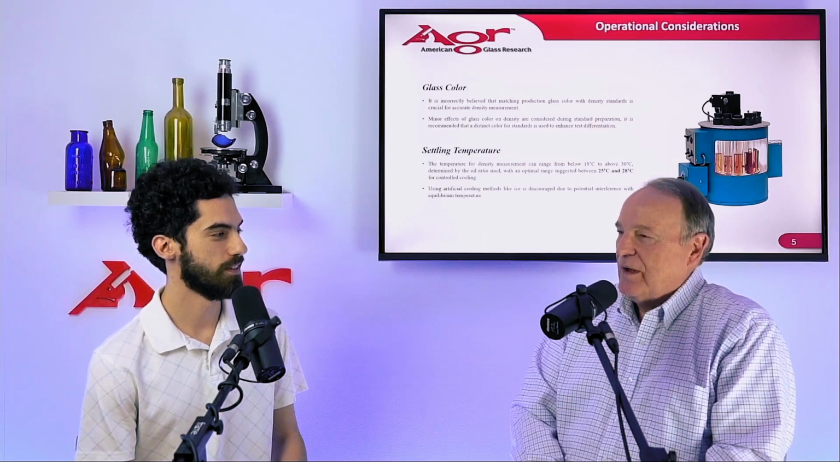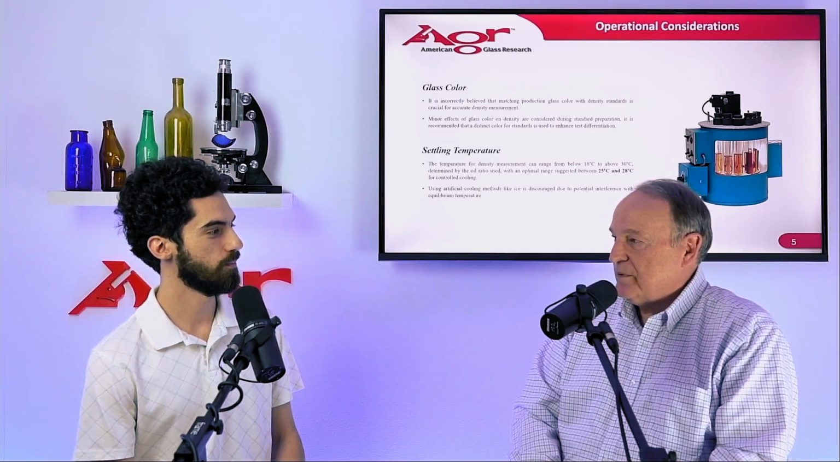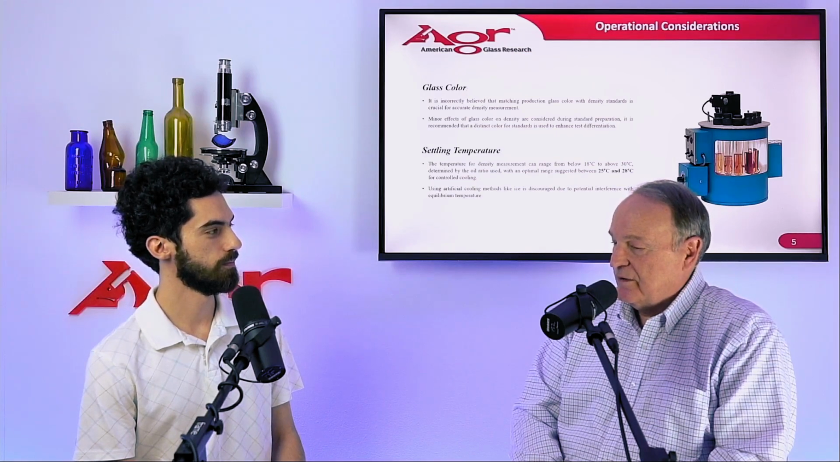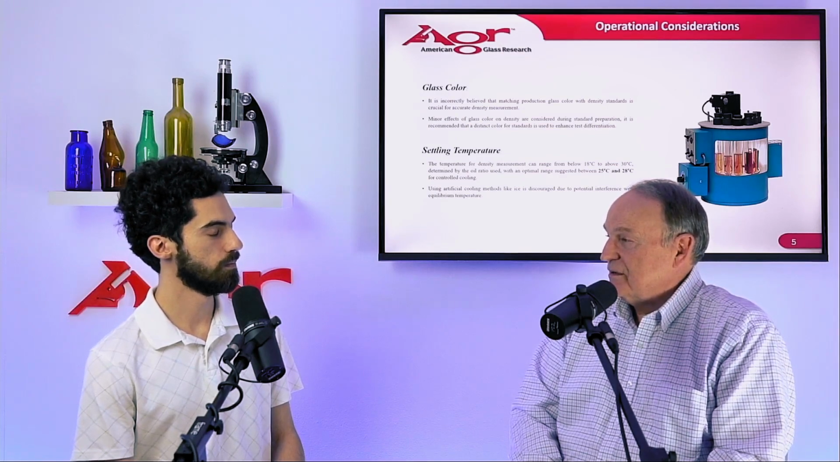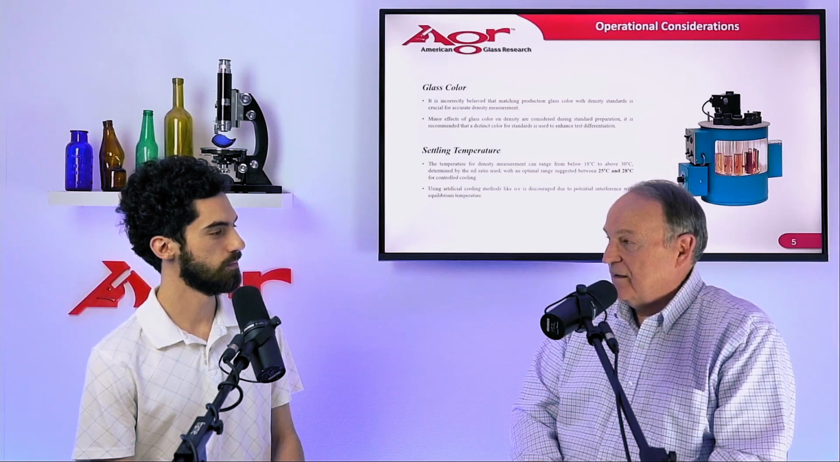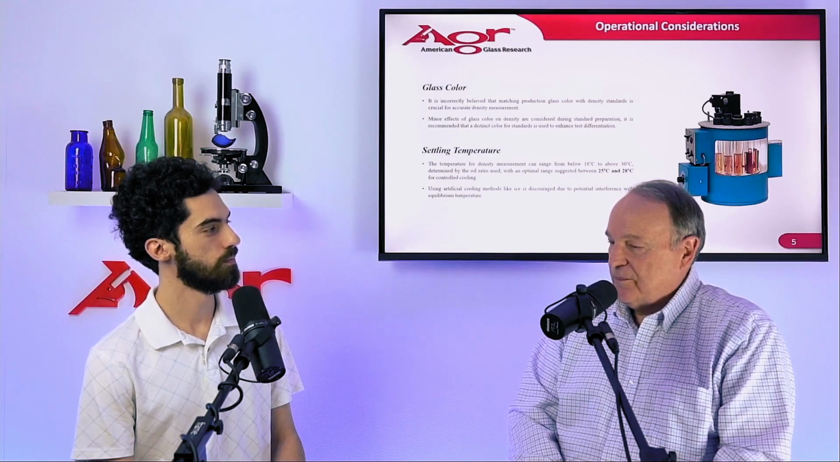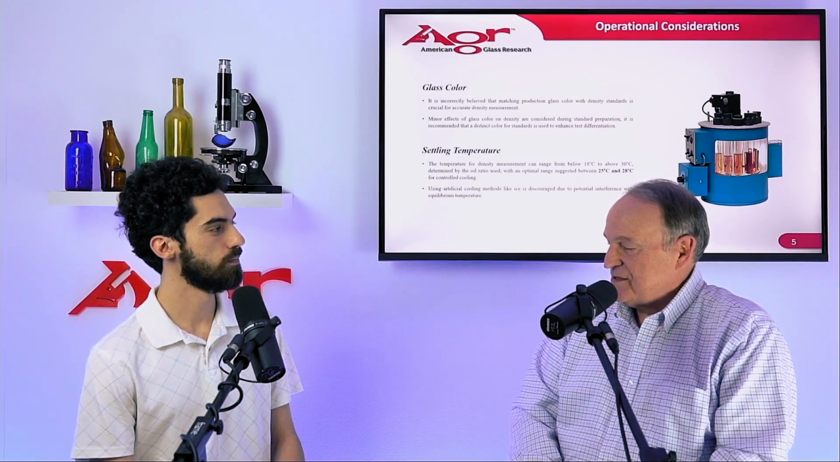No. Well, glass color can affect the density. However, when we prepare these standards for use in the density comparator, we take the color into consideration. And so the value of the density that we supply is independent of the color. And in fact, when you think about the pieces of glass that are in these test tubes,